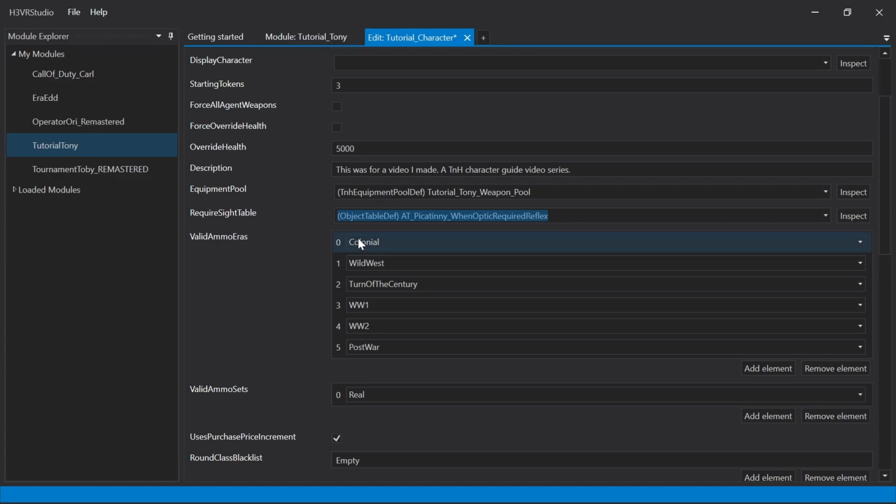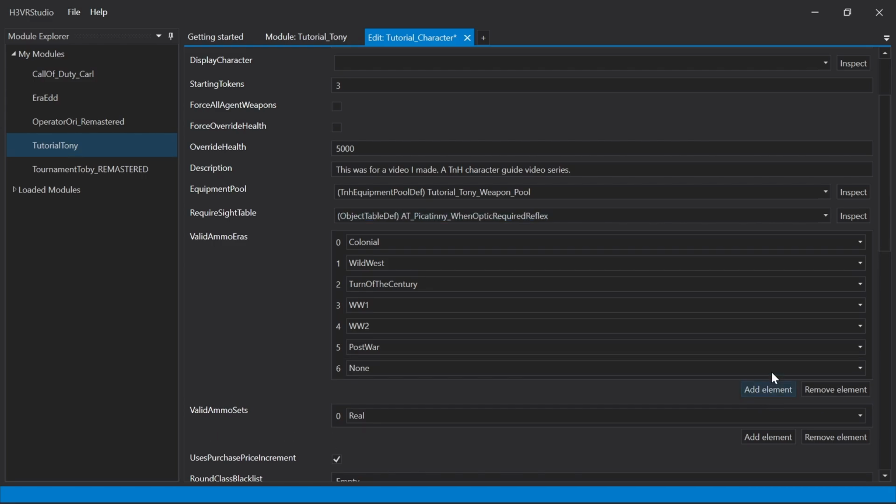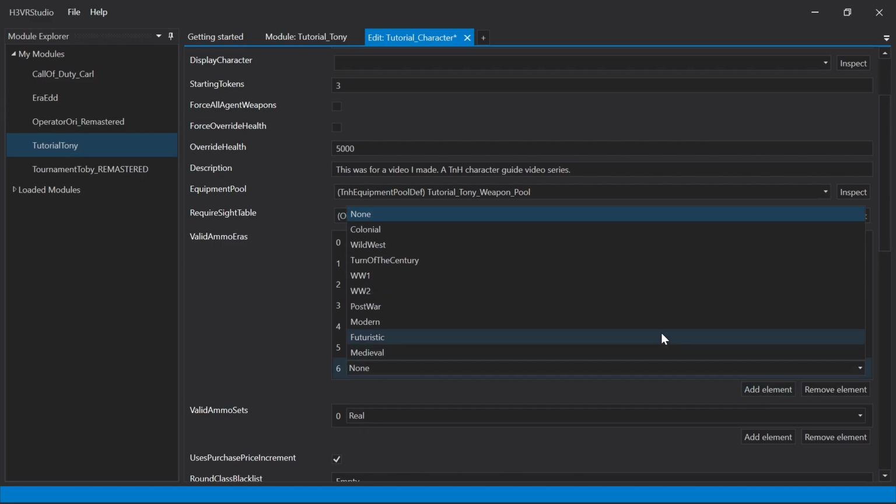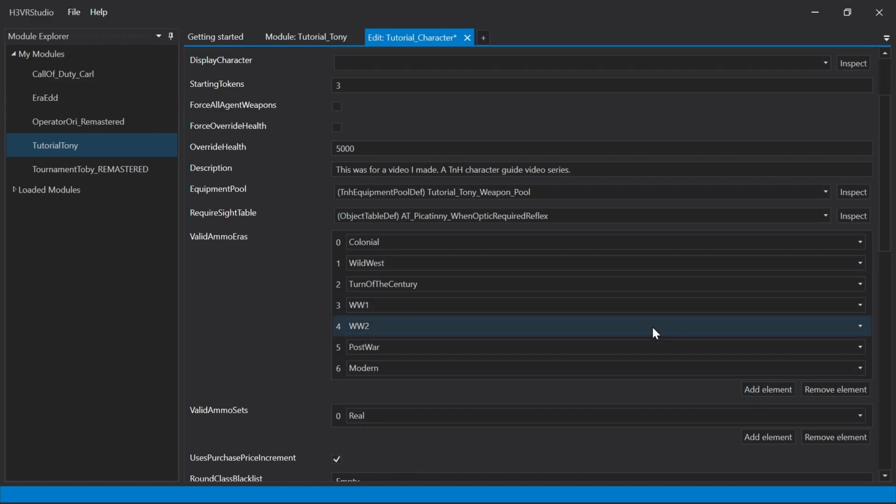Again, I would probably leave this alone for the most part, but this essentially just will make it to where this is basically just the different types of ammo that would spawn in your ammo spawner, or what can spawn with the gun. So if you mess up and you don't have this all filled out, or if you don't have